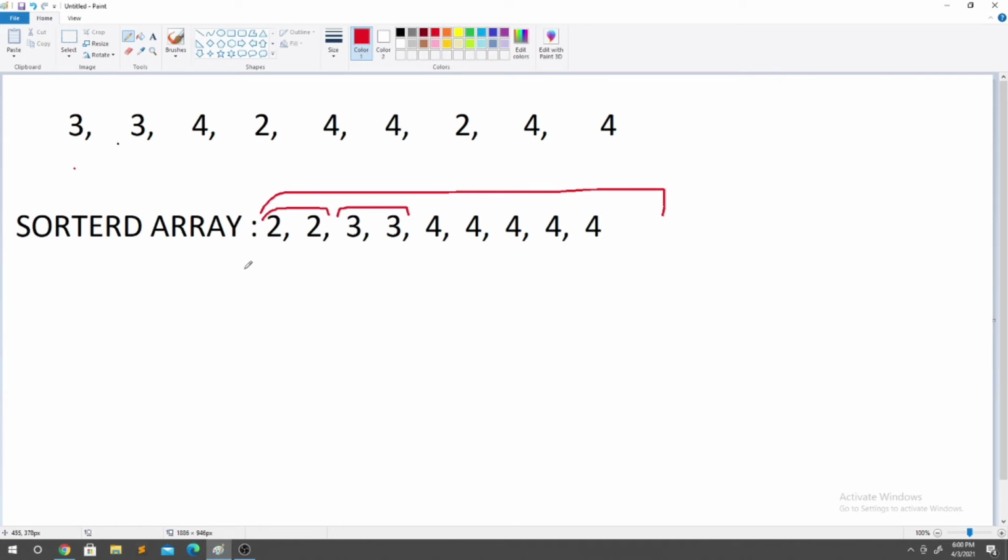So we can just start a loop from here. It will check if the elements are the same, and we will increment the count. Whenever we encounter a different element, we will reset the count to 0. Before doing that, we will compare the count with maxCount. If it is greater than maxCount, we will update the maxCount. Similarly, we will keep updating the count of each group of similar elements that are present together after sorting.